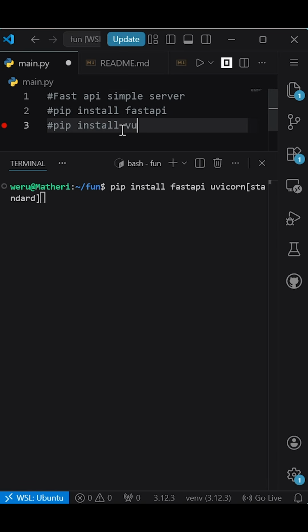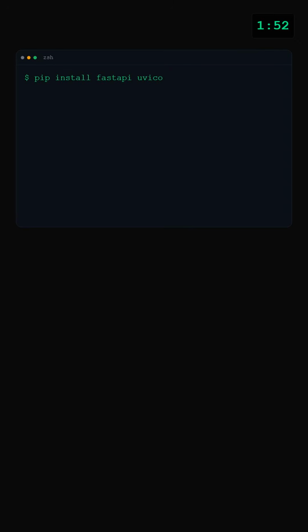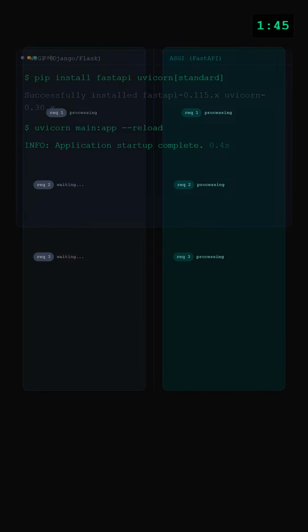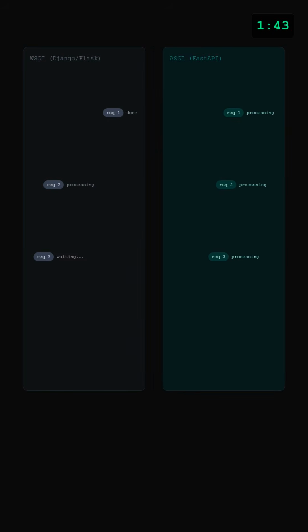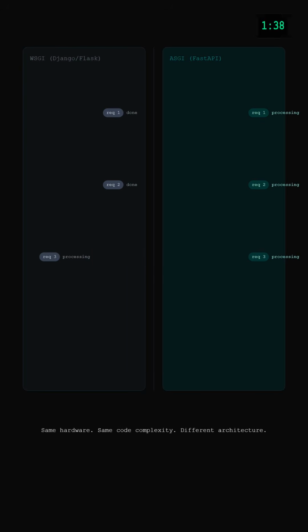FastAPI is the framework. uvicorn is the ASGI server. That's what makes async possible. Notice we are not using Flask's WSGI or Django's WSGI setup. ASGI means your server can handle thousands of concurrent connections without dreading hacks. When you're working in a production environment that is processing tens of thousands, if not millions of requests, you will